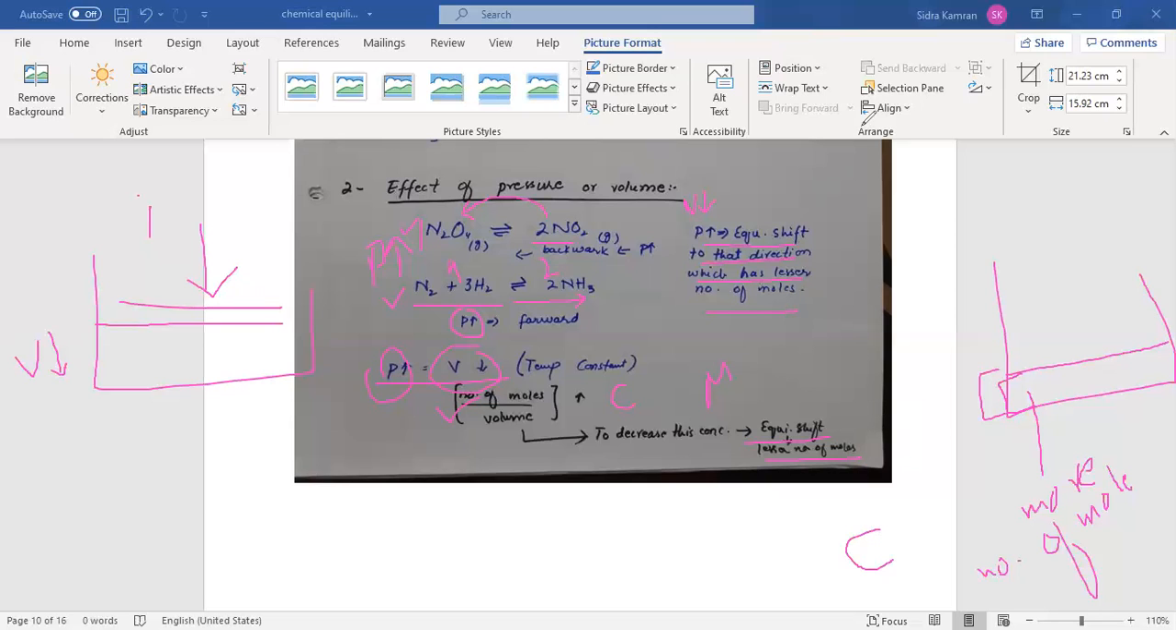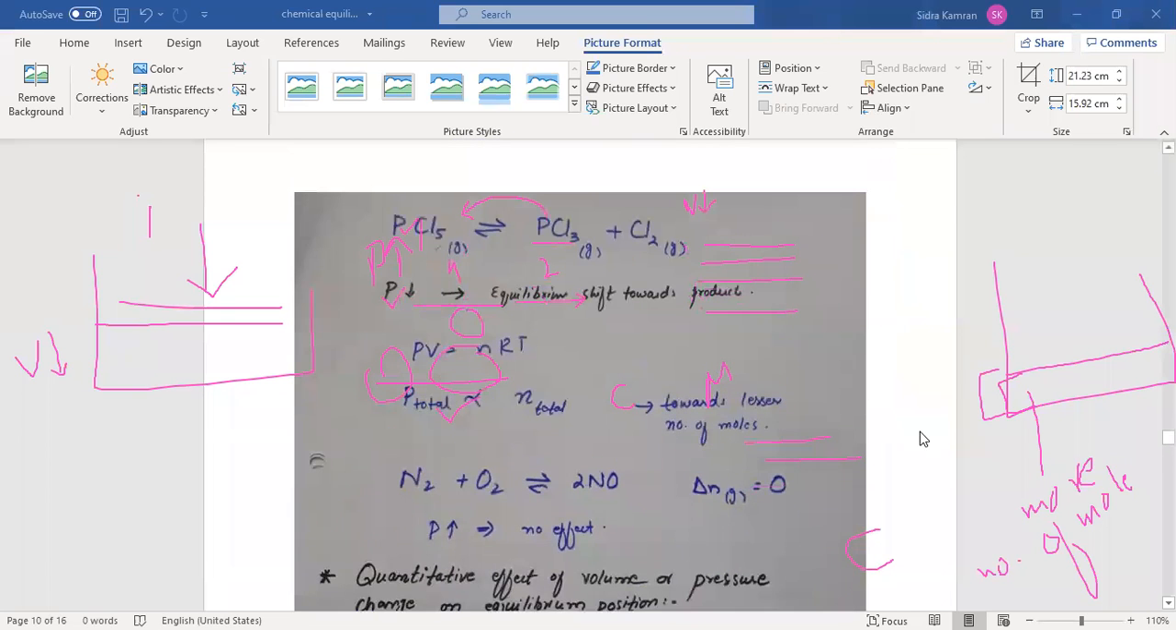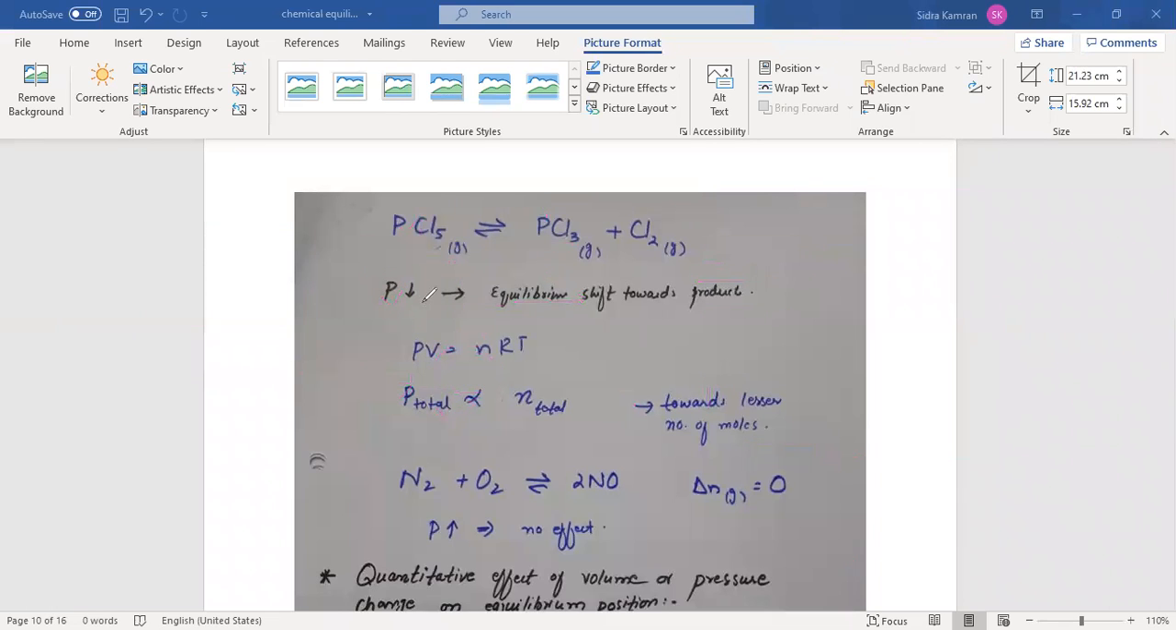Next, see these examples. Here you can see some examples to better understand the effect of pressure and volume on equilibrium. In this reaction, the reactants are 1 mole and the products are 2 moles. If you want the product,